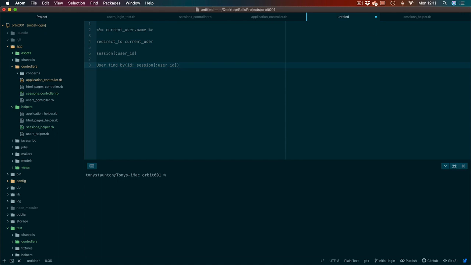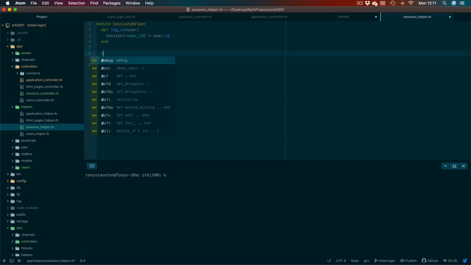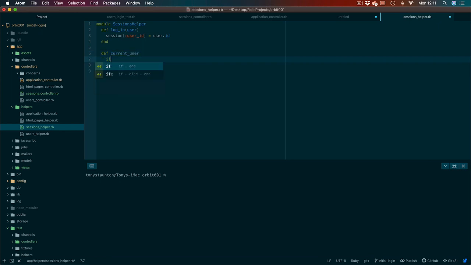Well, let's jump into our sessions helper. So I probably have that open from our last lesson, which I do. So that's located in app/helpers/sessions_helper. And here it is. Now let me add in a couple of spaces after the second last end here. So on line 4, let me add in a space or 2 spaces, and let me say def current_user. There we go. If session user_id,